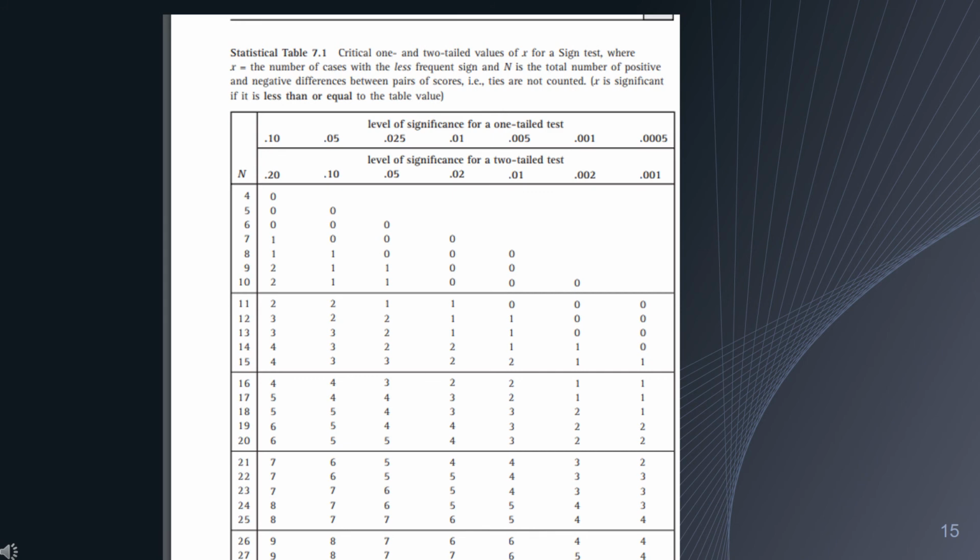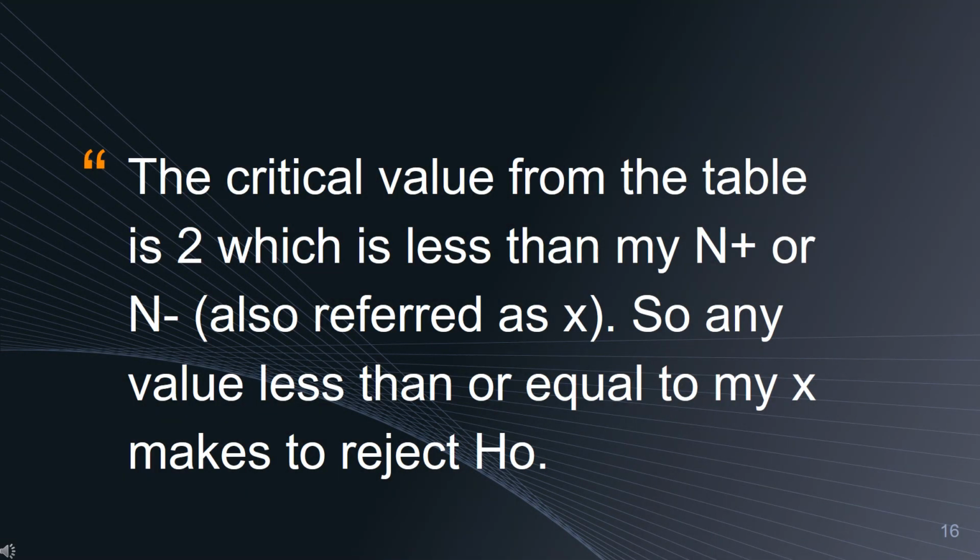Now I have to refer to the critical value table for the sign test and find P. Now in this table, my sample size was 12. So in the n column, I go to 12.